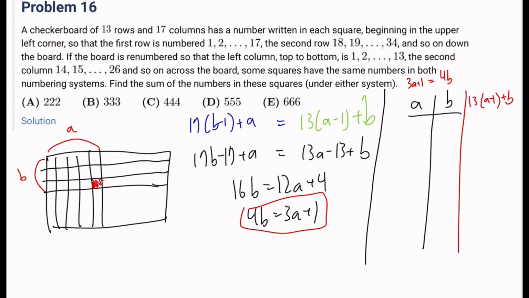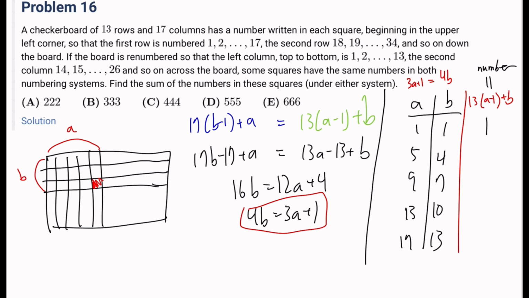Because this is the value that we want. This is the number that was given. And so first of all, we have a and b equals 1 and 1, and we can have a and b equal 5 and 4, or 9 and 7, or 13 and 10, or 17 and 13, right? And so for this one, that would just be the first number, which is 1, and then